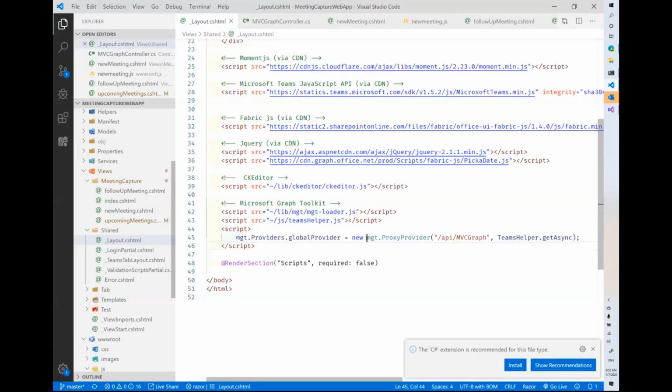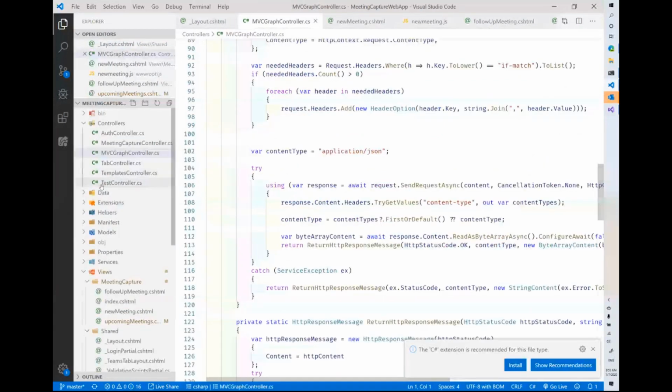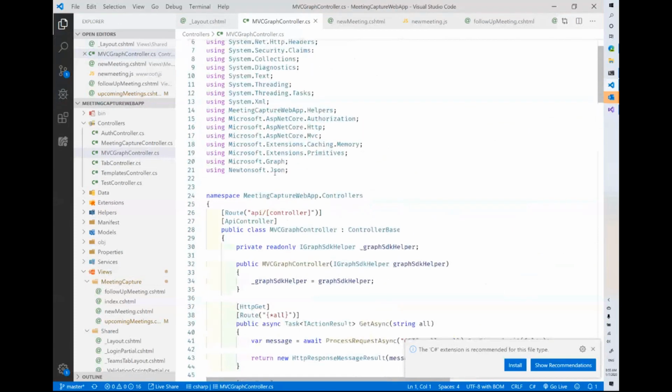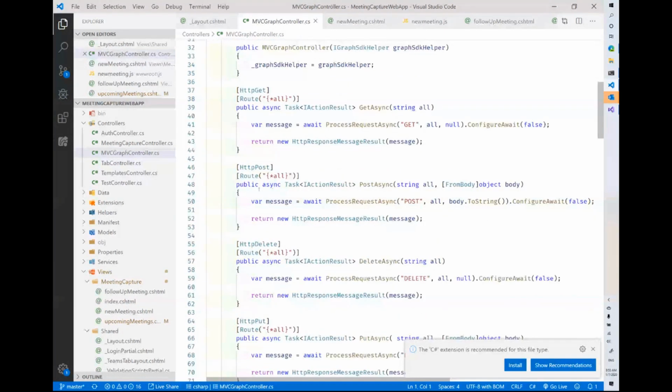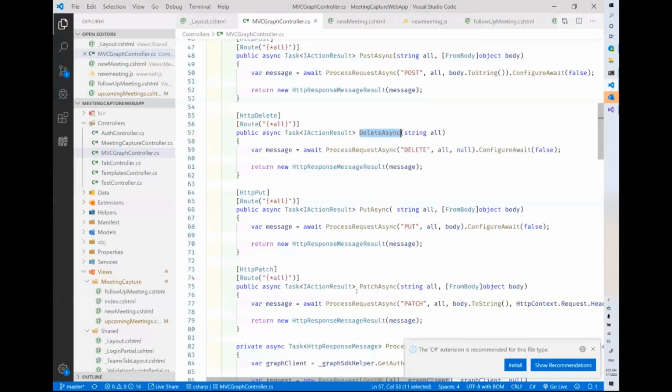So that way they can use the SSO through Teams. And so now, because they're using this MGT proxy provider, any component they use inside of the application will know to use their backend to make all the requests to the Microsoft Graph. And on their backend, they have a controller, MVC Graph controller, that handles all of these requests. You can see here, here's the API/MVC graph. And they've implemented a post method, a get method, a delete method, anything that the graph needs